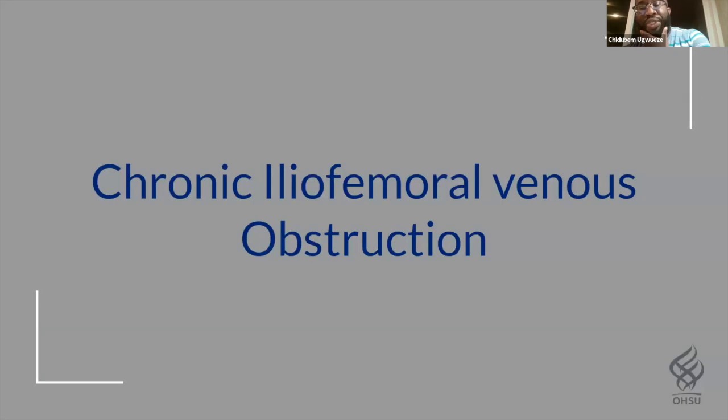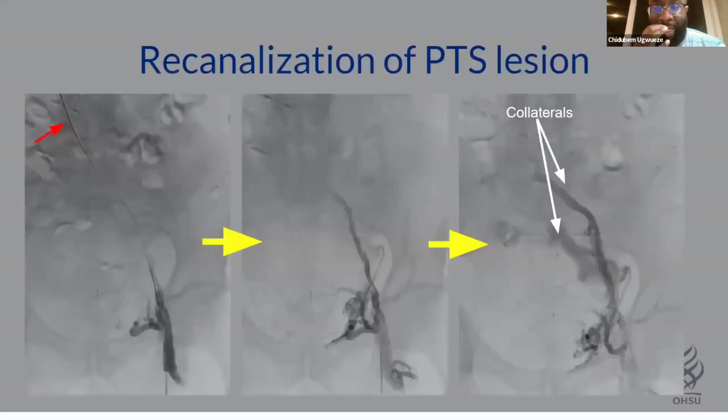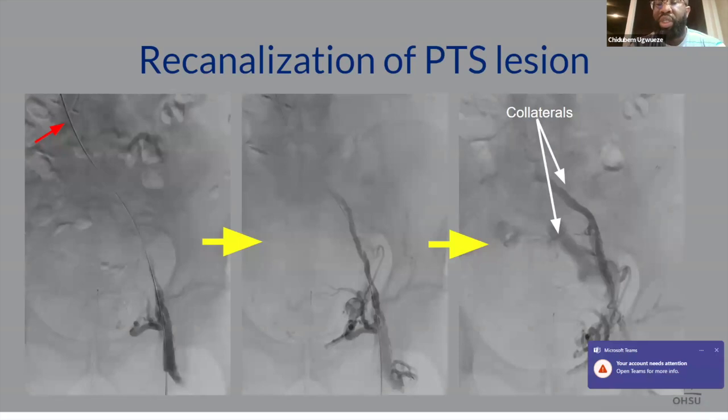Now I'm going to switch gears to chronic iliofemoral venous obstruction of the lower extremity and give you guys several sample cases. I'm going to go really fast because it's getting close to when I had to start getting ready to go to work. So the first example is a recanalization of a chronically occluded